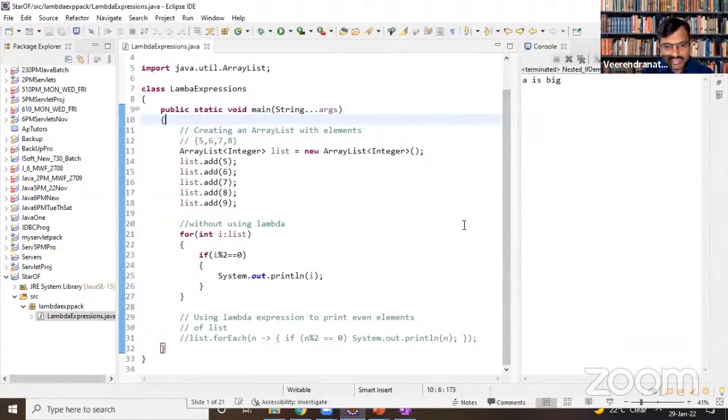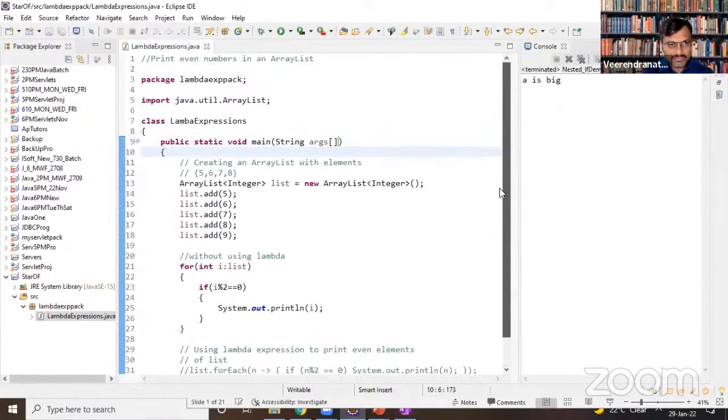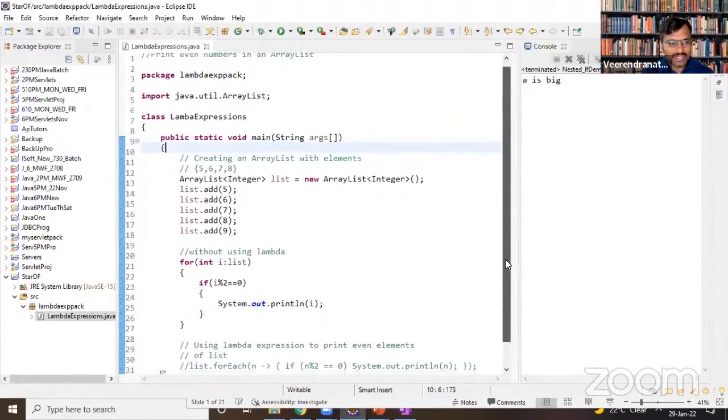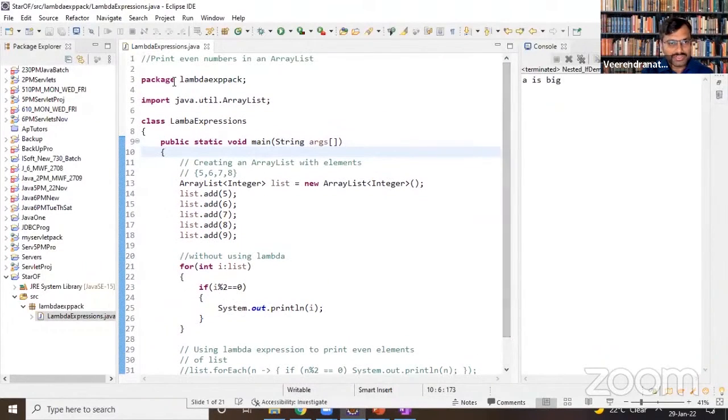I don't know why it is running the last code. Let me run this once again. Why is it running the previous code?